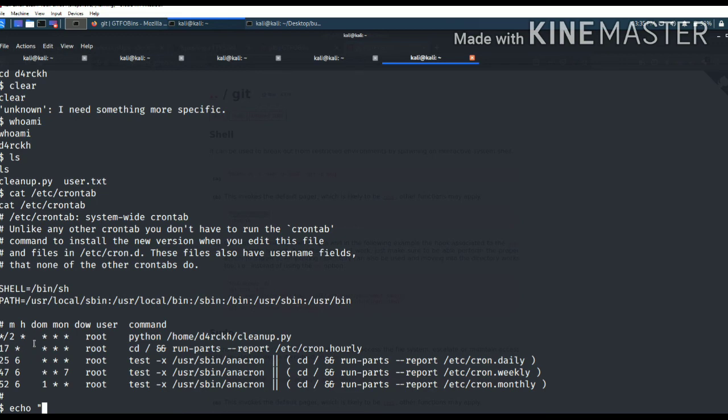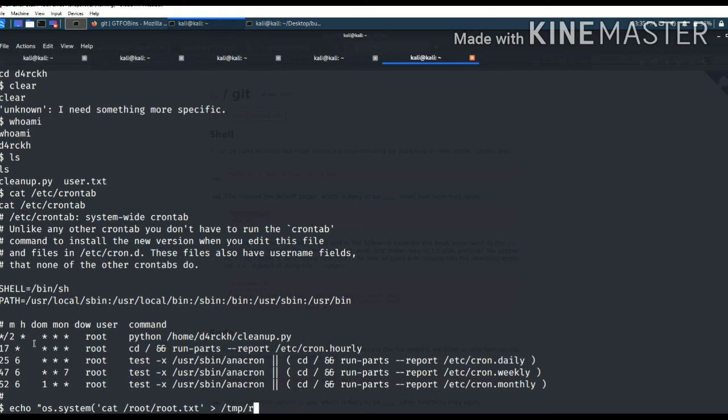So for that we can use echo inside os.system, and then we will cat root.txt, and here we will move it to temp root.txt,